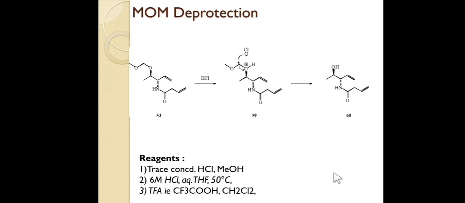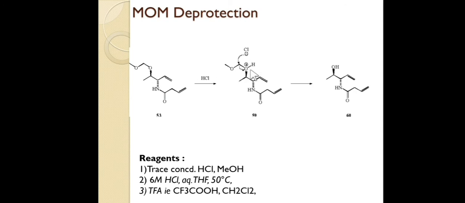Now let's go for the deprotection. MOM ethers or acetals are very labile to concentrated acids. In presence of traces of concentrated HCl we can deprotect the MOM. This is a MOM protected alcohol, this is O and this is MOM. When we treat it with HCl, this oxygen